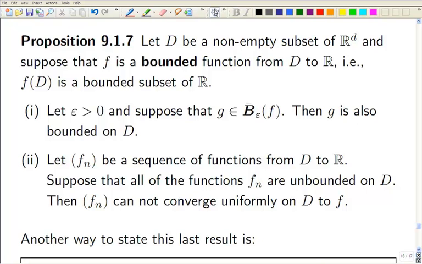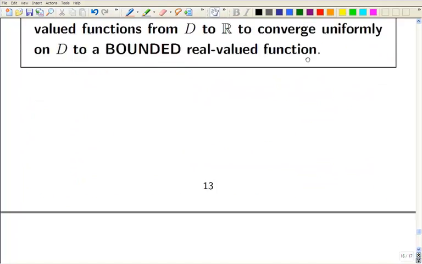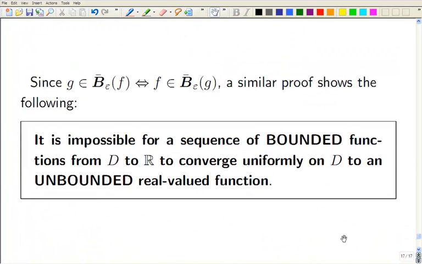And then, as I say, what you get is it's impossible for a sequence of unbounded real-valued functions to converge uniformly on your domain to a bounded one. And it's the same the other way around. It's impossible for a sequence of bounded ones to converge uniformly to an unbounded one. Pointwise convergence is another matter. You can find examples for yourself of sequences of functions that do all sorts of strange things pointwise. So the key to all this then,